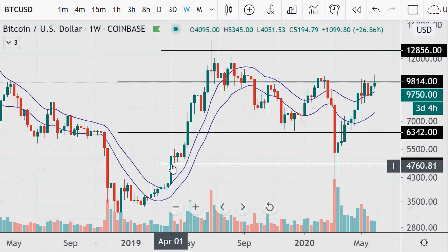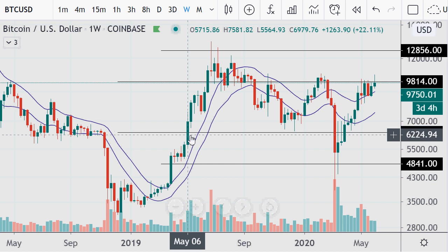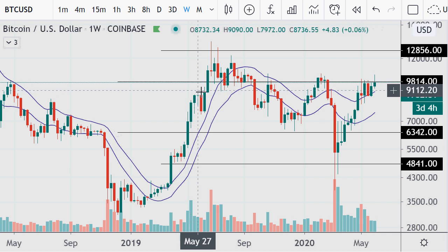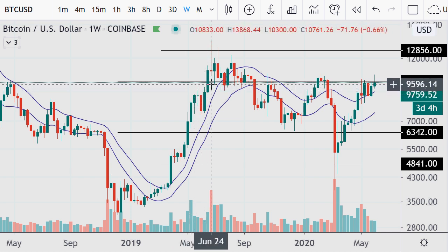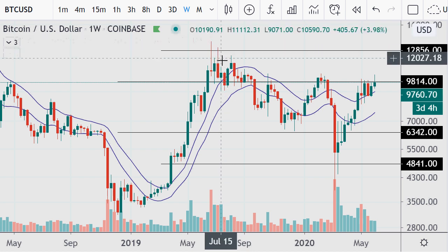On the way up, no resistance whatsoever. It supported it for a few periods. Then the next one, no resistance whatsoever, not even supporting it really. The next one, it resisted a little bit less. And ultimately, it managed to break above it and resist the next one, which was a 76.4, then supporting that